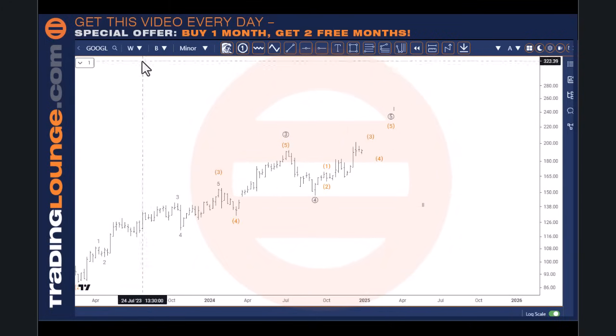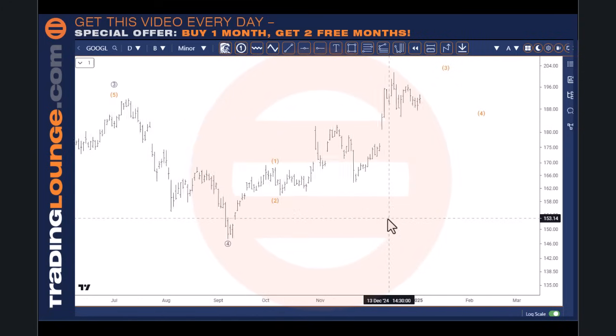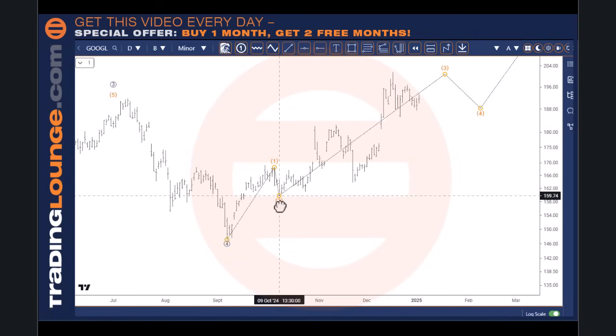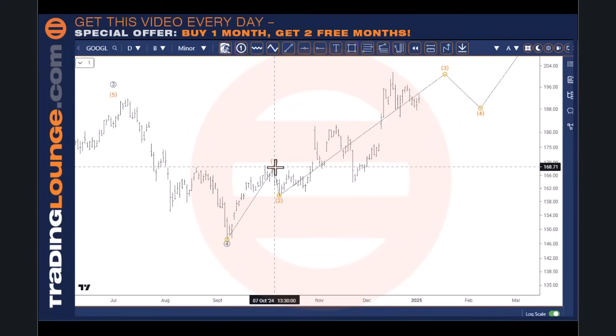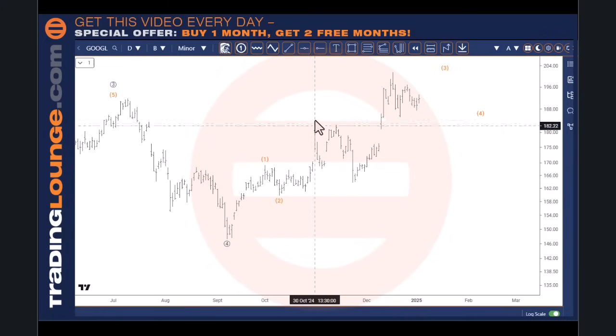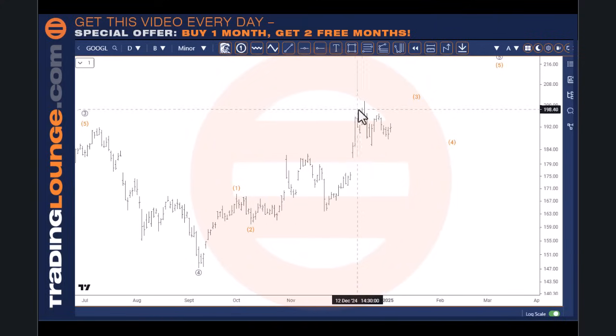So we need to sort of understand that a little bit better. So I just want to talk about that for a moment, because there's a couple of different angles on this. So first of all, we can look at this little move from the low here as 1, 2, 3, 4, 5 up here, and we can put that there as 1 and 2, and then we can look at this as 1 and 2 and 3, 4, 5 over here. So I don't want to put that as the third wave, because that doesn't make any sense. We'll come back and overlap this one here, and then this one here is in 5 waves as well.